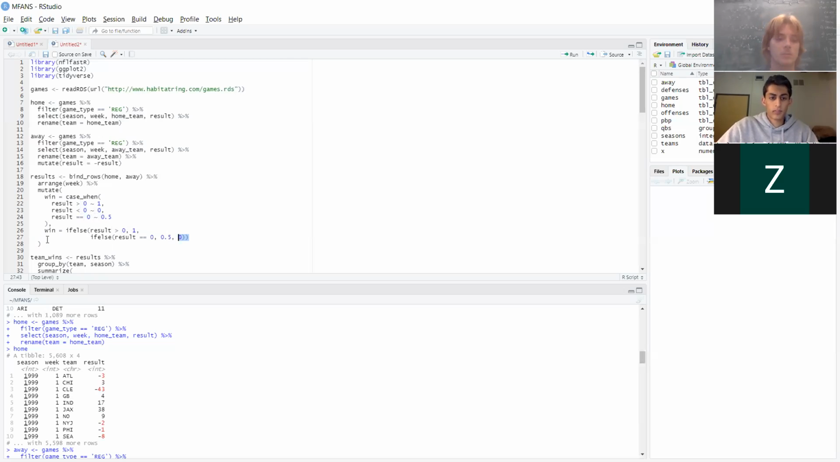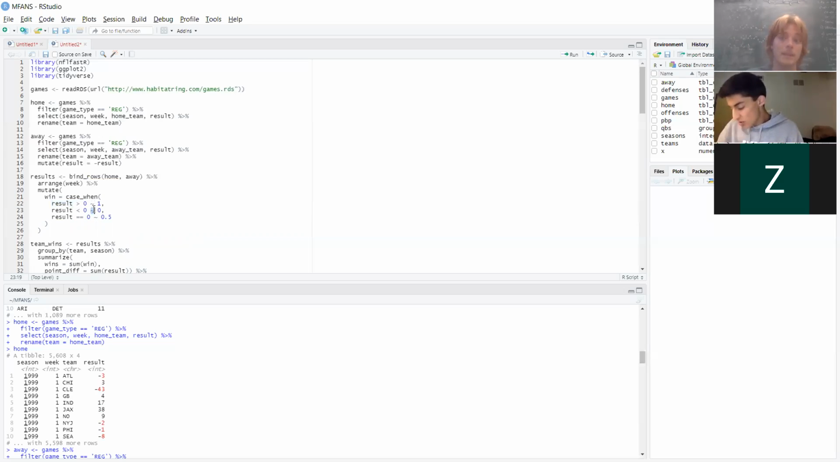But this is kind of gross, and I don't mind this really, but it's hard to read. So what we can do instead is use this case when function. So we have our 3 cases: result is greater than 0, then we put a 1. R likes to use this tilde a lot, and I hate that it likes to use it, but it does. So it'll come up again later. But basically, it maps 1 onto this case, then maps 0 onto this case and 0.5 onto this case. So now if we run that,